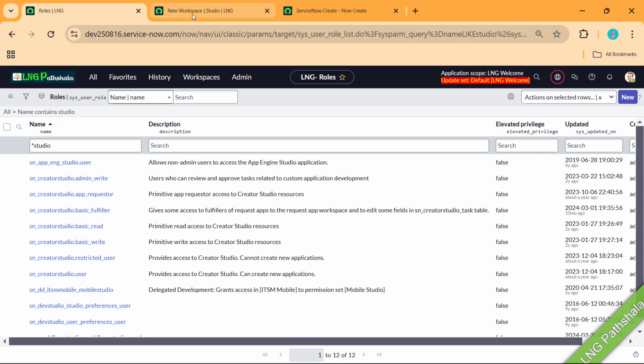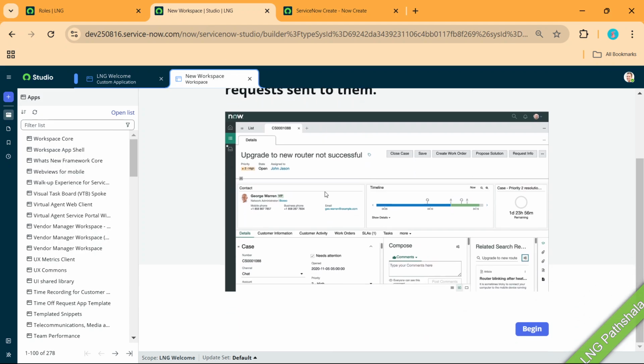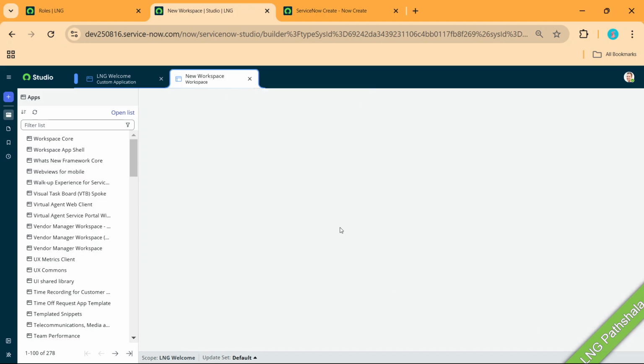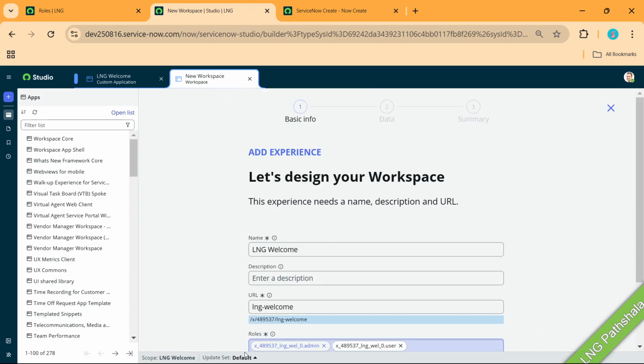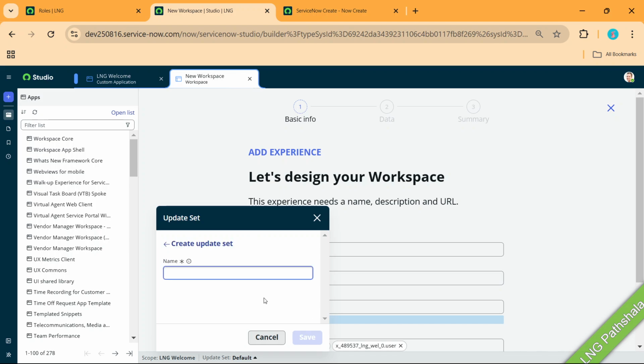Wow, it's LNG welcome. That's beautiful. Again, so now I can create a workspace here and click on begin. It is going in the default update set. If you want, you can create your update set as well in the same application, but it's going to the default one. So if you want, click new, I can say LNG welcome